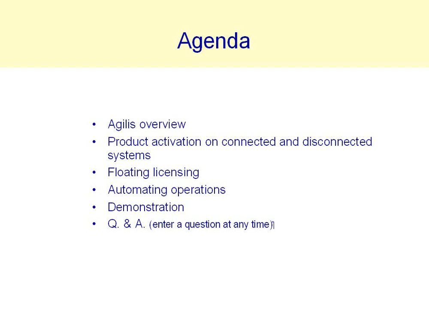Then talk about floating licensing and some new options of floating licensing along with the traditional models. And then talk a bit about operations and how you can automate operations even across all these different types of models that we'll be describing. And then we'll go through to a demonstration.